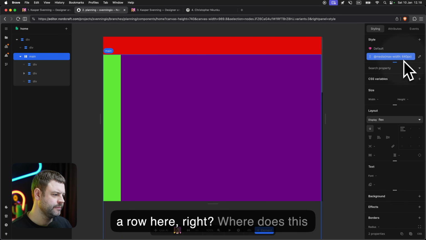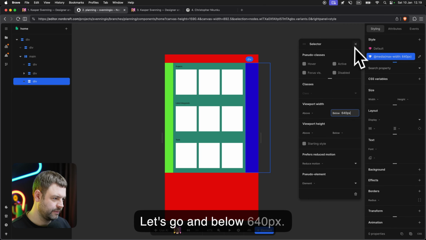Yeah, and the same goes for this section over here, I recall. Oh, what? Who is making trouble now? It's a fixed width. Ah, yeah, same thing here. Let's go in below 740.